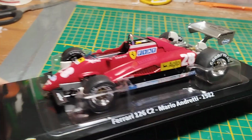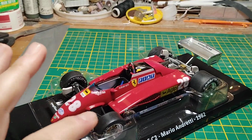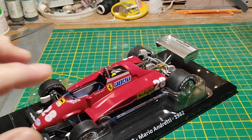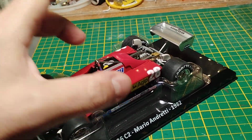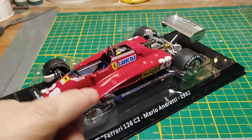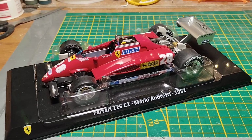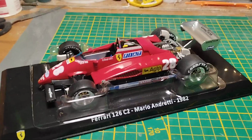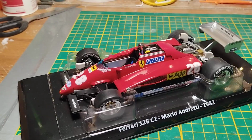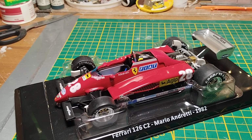Last but not least, one of the, in my opinion, worst features of this model is that in the real car, in the original 126 C2, from every picture you can see that the real car had a strange upper body shell that was basically something made in fiberglass. Remember that this type of car in 1982 was not made absolutely in carbon fiber. In 1982, and I remember that I had a brief conversation with Mauro Forghieri, asking him directly, because there has been the Procom 128 model, an exceptional model made by Procom nearly 20 years ago, with a lot of issues, if you know the history and the development of the Procom model,